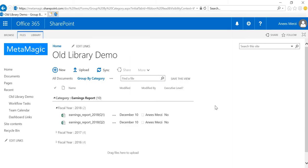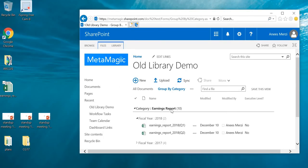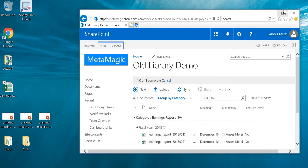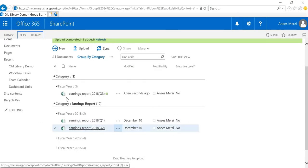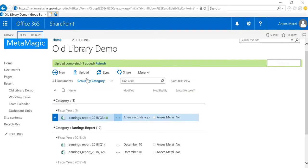Here is a typical document library in SharePoint. Say I want to share a company earnings report with my team. So naturally, you would think dragging files here to upload. Let's say I drag a file in, drop it in. But wait, I want it to group like the other files. Unfortunately, we have to click Upload,